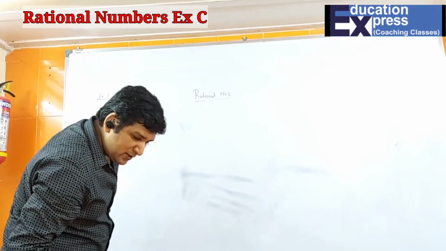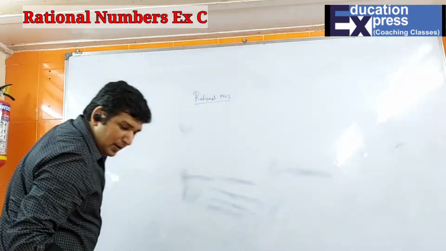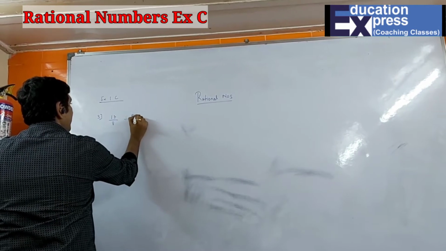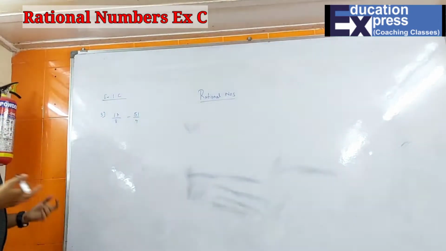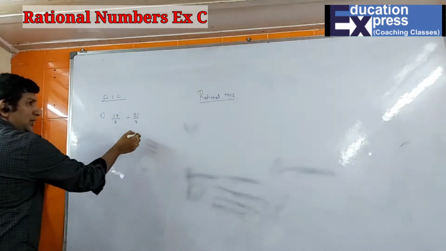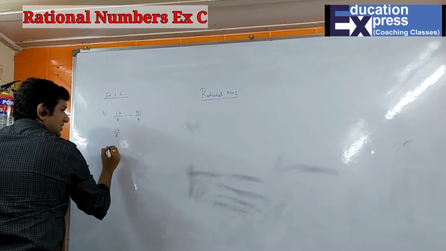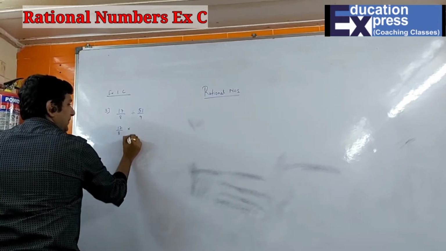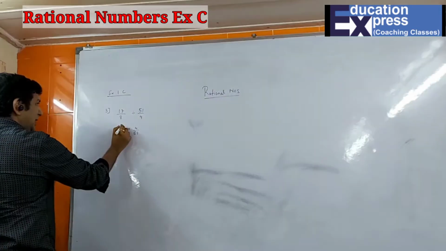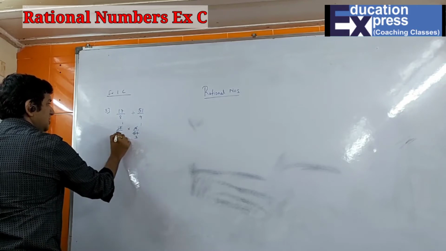Now we'll do part 3. The first one is 17 upon 8 divided by 51 upon 4. Instead of division, you have to use multiplication and take the reciprocal of the number which is after the division. So the first number will remain as it is. Division will become multiplication, 4 upon 51. Whatever can cancel, 17 ones are, 17 threes are, 4 ones are, 4 twos are.